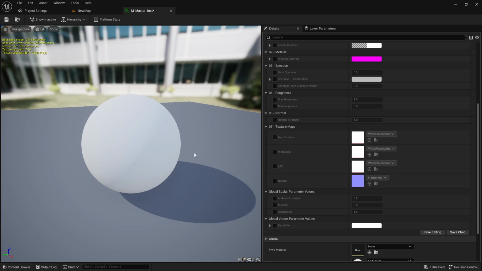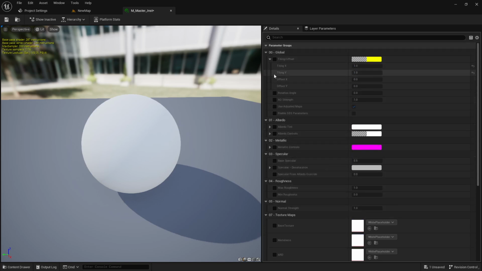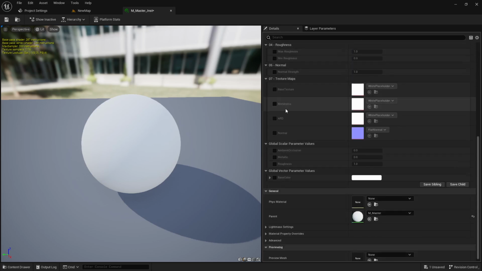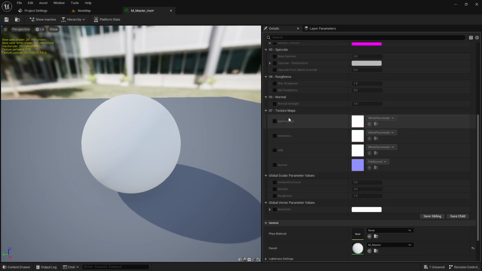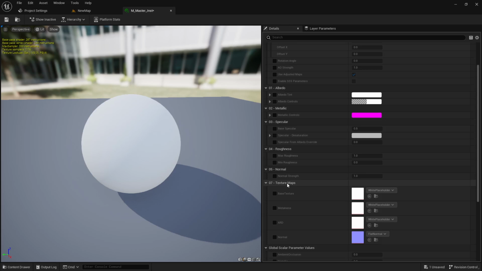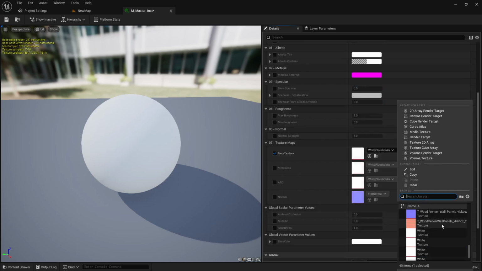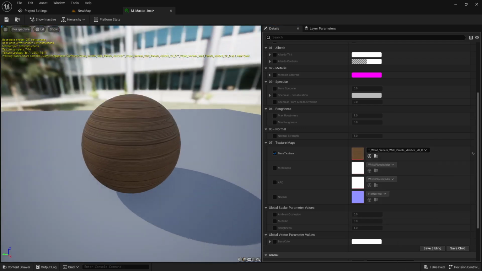Okay, let me show you how this material instance works. It has most of the parameters you need every day, and on top of all you also have the texture maps. So let me show you how this works. If I choose the base texture, okay, this wood texture,